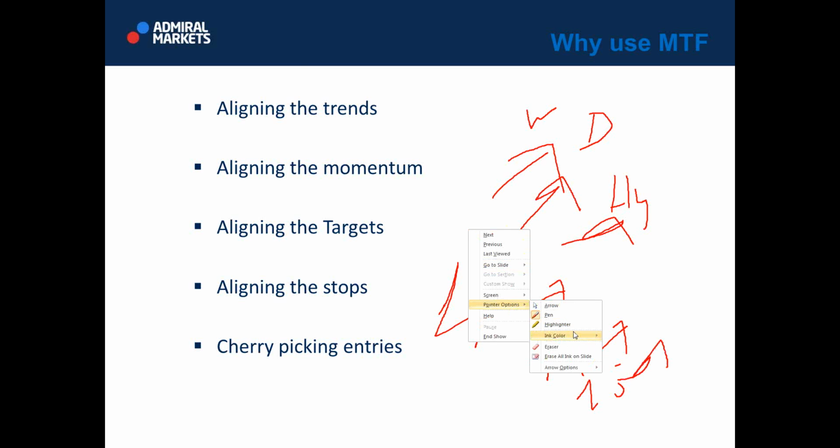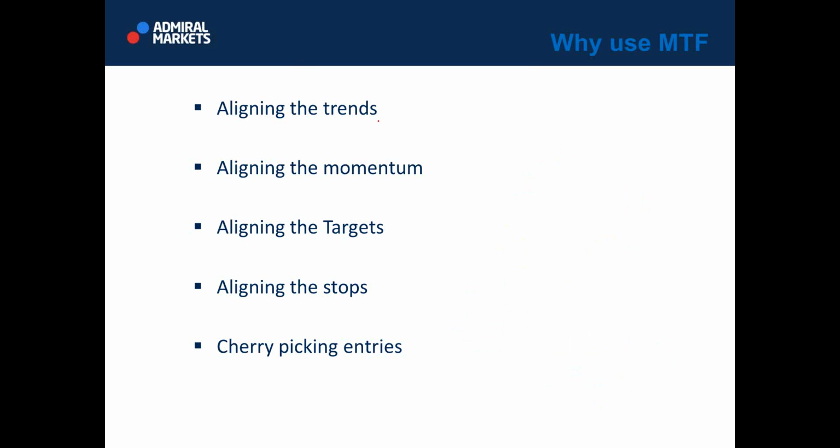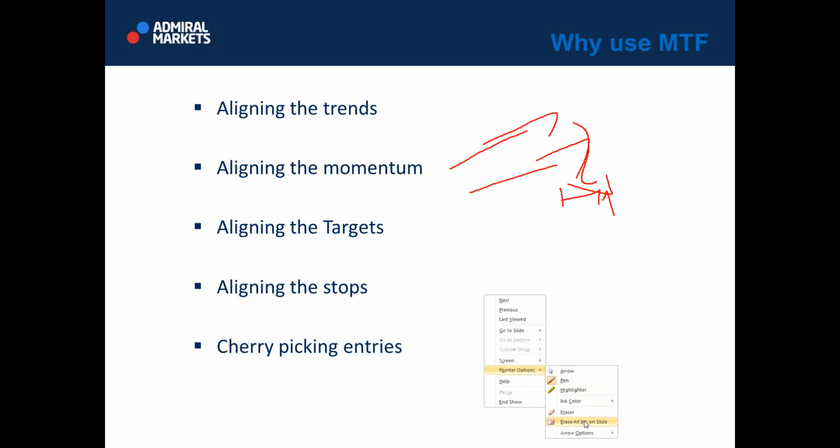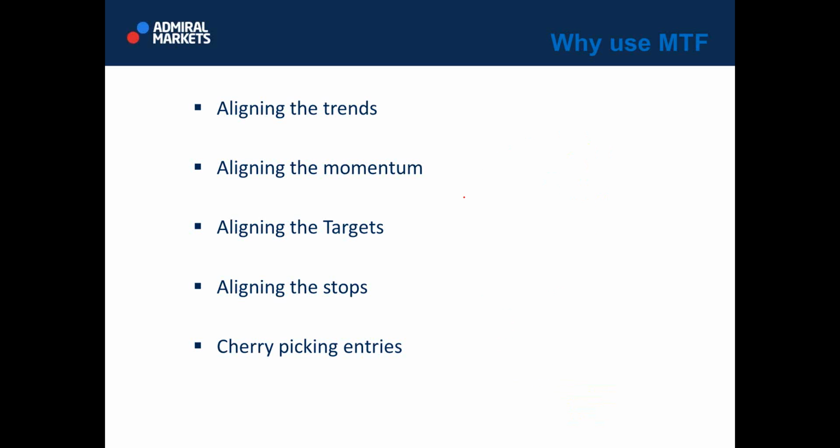So effectively, when you align the trends, you will also be aligning the momentum. So if momentum is to the long side on daily and 4 hour, you wait for retracement, loss of momentum on, let's say, 1 hour to enter the trade. So you are aligning higher time frame trend and momentum to the lower time frame trend and loss of momentum.